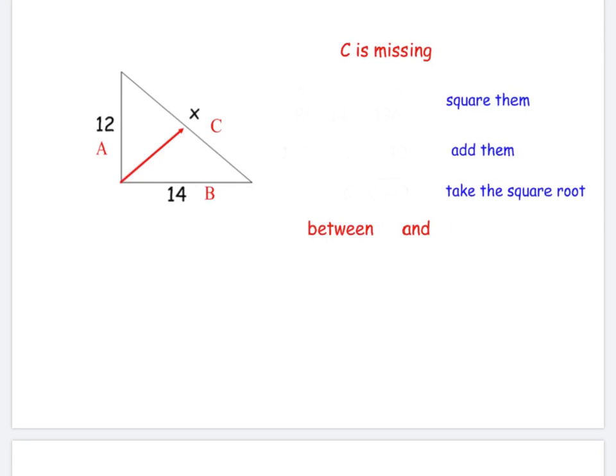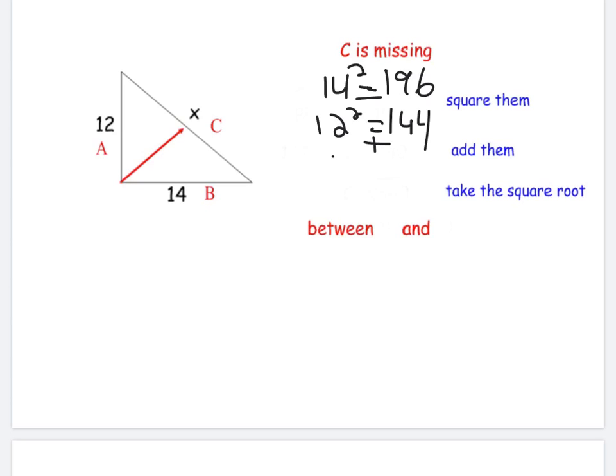Let's take a look at what we're missing this time. This time we're missing side C, the hypotenuse, so it's across from the right angle. It's the longest side. So again, I want to square them. So I have 14 squared, which is 196, and I have 12 squared, which is 144. Because it's the longest side, and it's A squared plus B squared, which is what I just did, I want